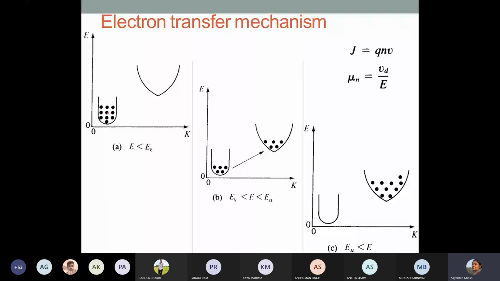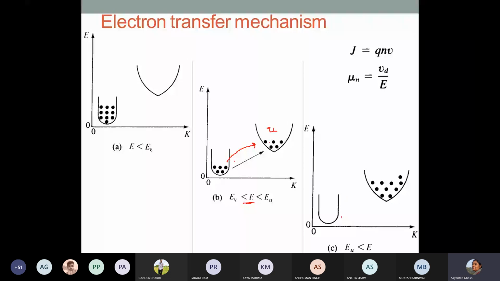So the electrons are sitting in the lower valley, and when the energy is made a little bit higher, the electrons start transferring from the lower valley to the upper valley. Now remember, this upper valley, though at higher energy, has a smaller mobility. The electrons are heavier here and their mobility is really less. As you go on increasing the energy, the electrons transfer from the lower valley to the upper valley, and the upper valley gets crowded and the lower valley becomes completely empty at a certain amount of energy.